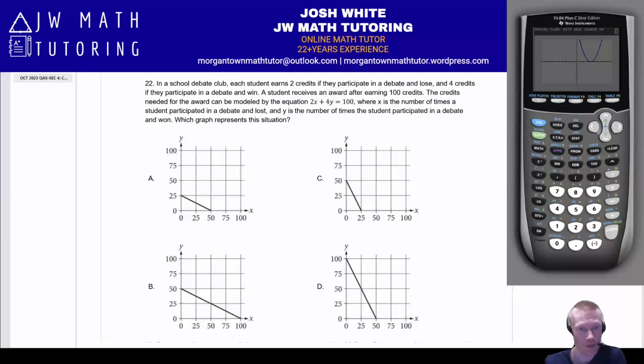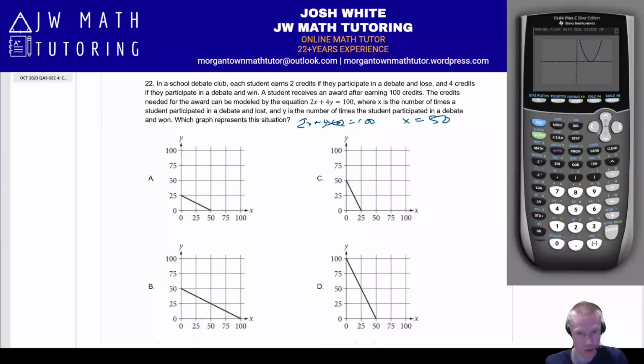Now, continuing at the top of the next page, question number 22. Here you have a situation where basically it's a word problem, but they give you the equation of the situation, of the word problem that's going on. So there are many ways you can do this. The easiest way is just to notice that 2x plus 4y equals 100 will give you an x-intercept of 50 because you just plug in 0 for y,